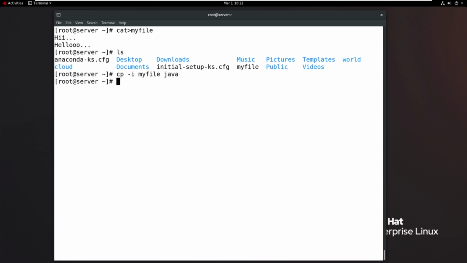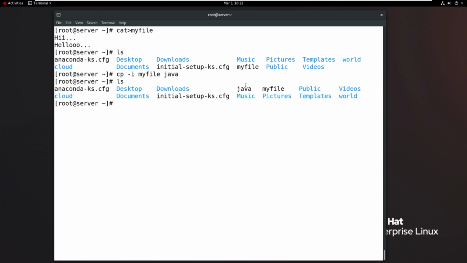If I enter and check with ls, the Java file is successfully created and the content is copied from myfile to Java. But if the file exists, it asks for confirmation: do you want to overwrite Java because it already exists? No, I don't want to overwrite it. That is copy. In the syntax of the cp command, myfile is the source and Java is the target: source file name, target file name.